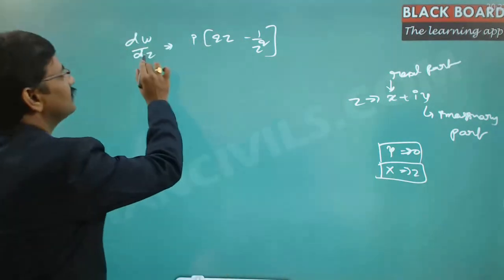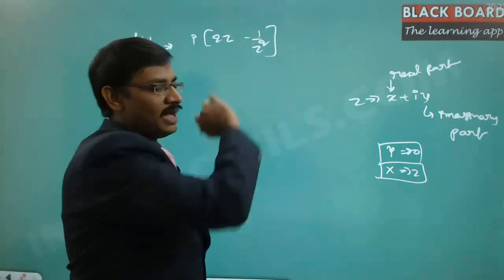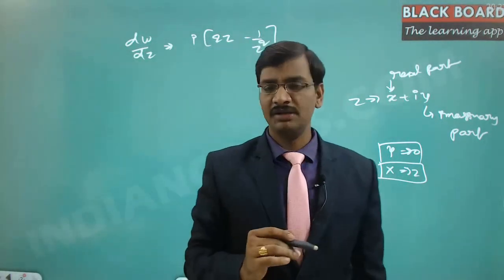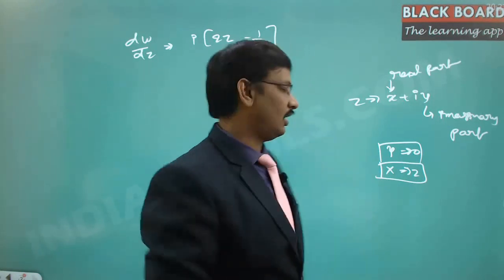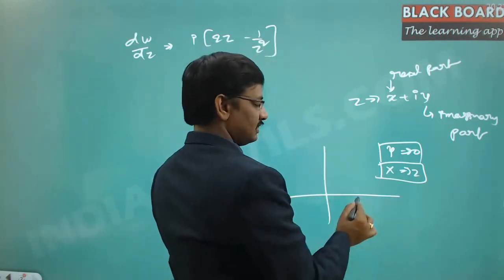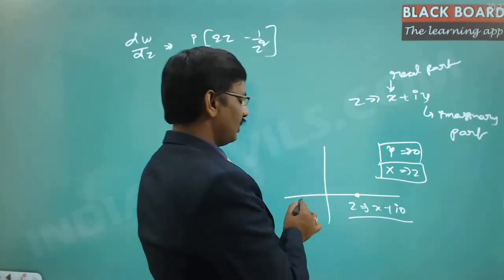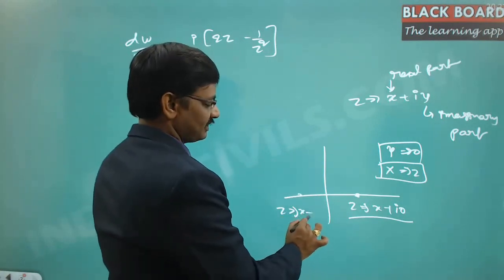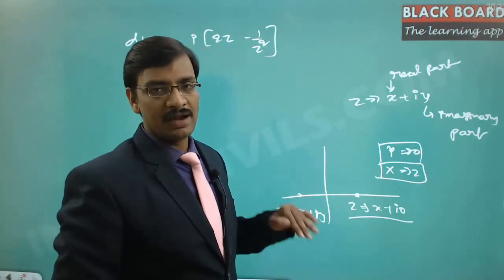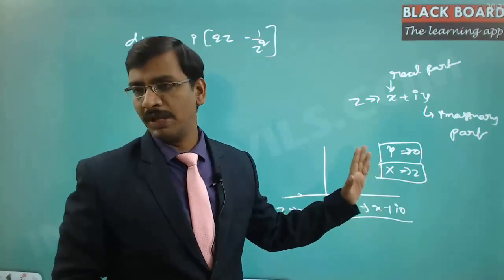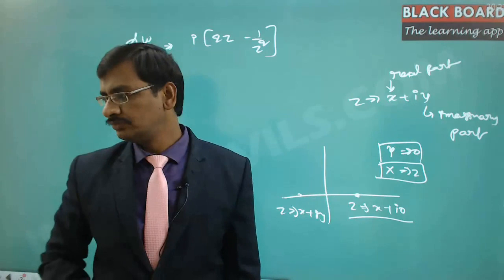So hence this dw by dz is equal to i times (2z minus 1) by z square, which will be valid. Here the assumption we are making is that we are taking one particular scenario on the real line, where at every point, this is a random z which involves x plus i0. And here also, z is equal to x plus i0. On this line we are trying to identify a characteristic which is valid everywhere on this particular plane, because this is an analytic function in this particular region. Got it?